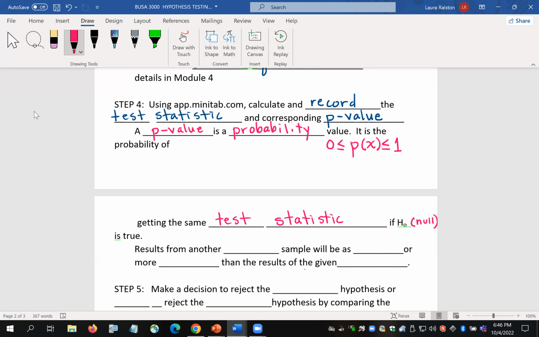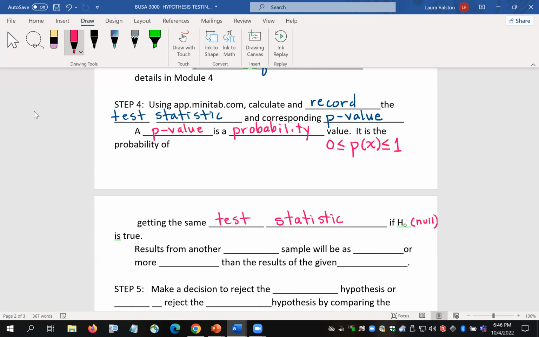The test statistic is ultimately the summary of our evidence. And based on that evidence, we're going to make a decision about whether our null hypothesis is true or not. But if it's assumed to be true, the p-value is the probability that I get that same test statistic